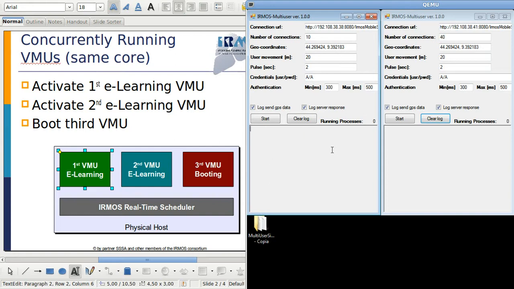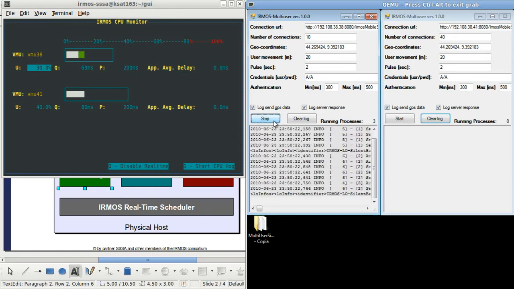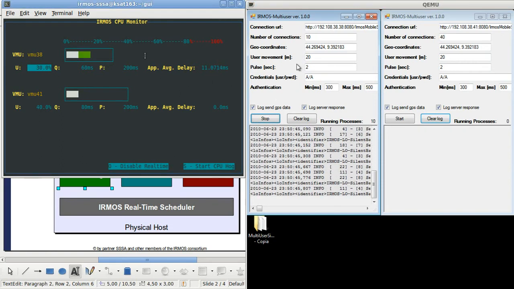Okay, we can exploit this graphical user interface for monitoring the situation, and now we start the first batch of clients. So we start 10 users. Here the users progressively log into the server. Then we have 10 users moving randomly in the area, and depending on how they move and their actual emulated GPS positions, these users submit a dynamic workload on the first virtual machine here.